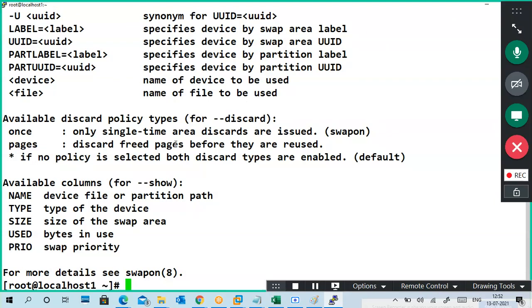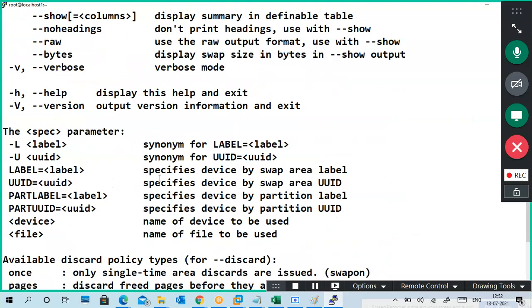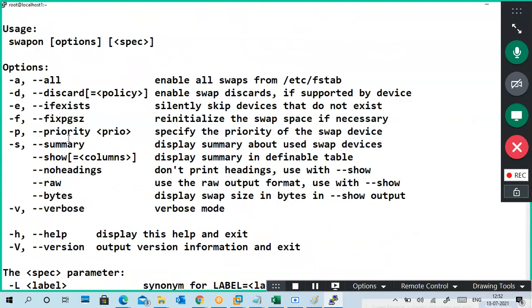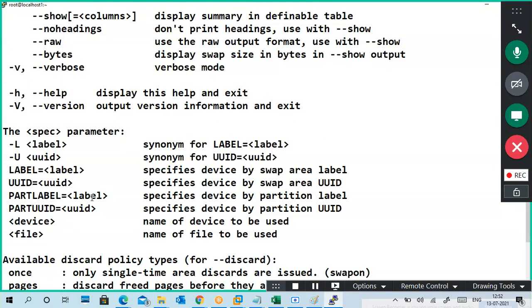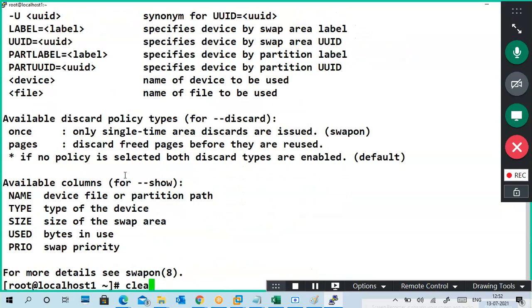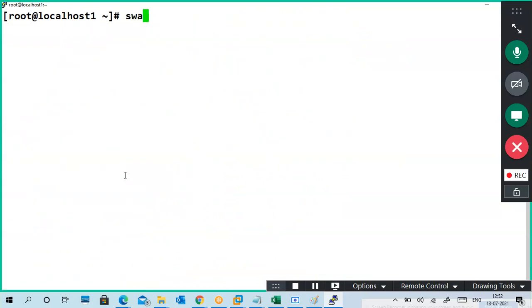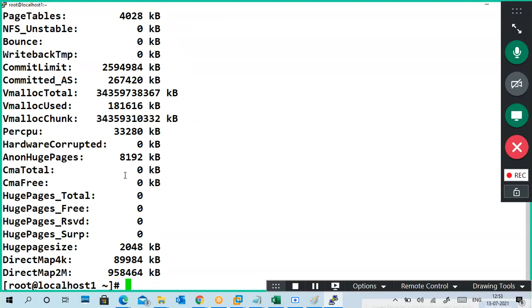I gave something wrong. No, not like this. One second. cat /proc/meminfo. Yeah, here it is.